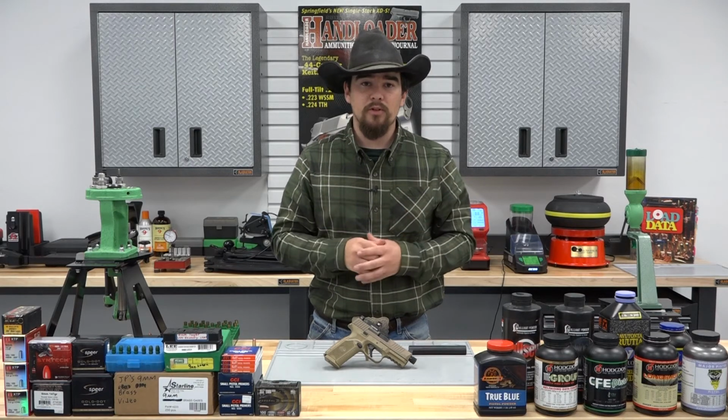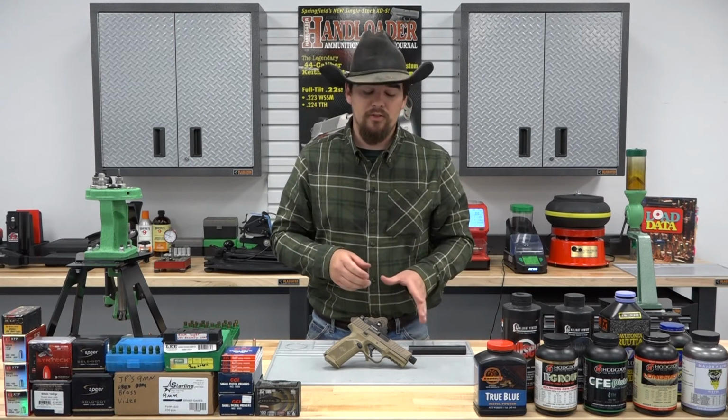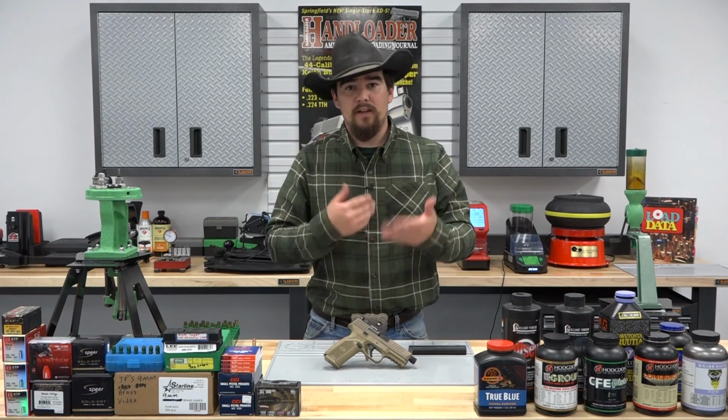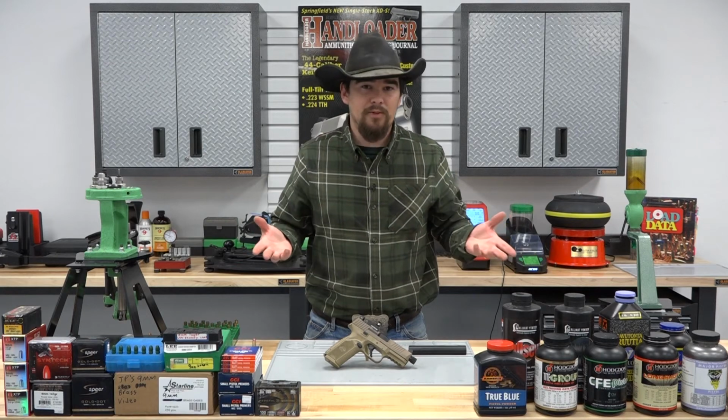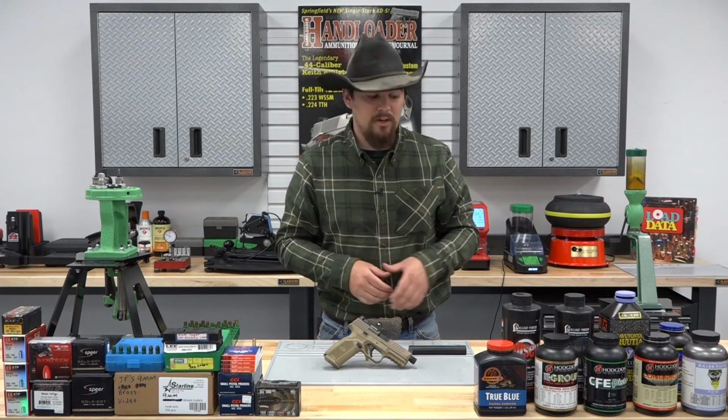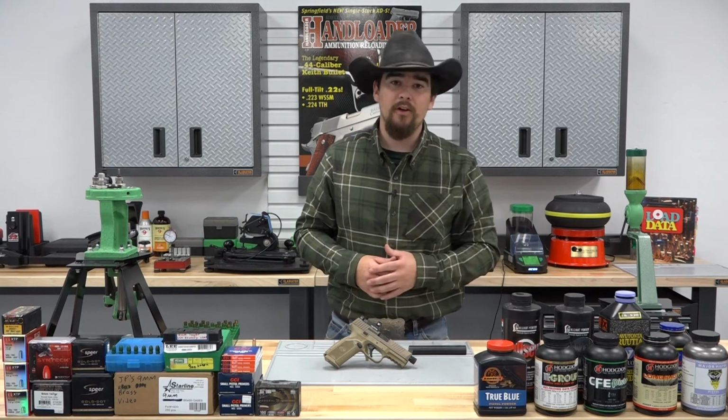And for all of those loads that we shot suppressed, we did swap out the standard recoil spring assembly for the lighter one to aid in that functionality. But unfortunately, we didn't hit that 100% mark. So with that said, I want to go ahead and dive into our targets here and take a look at